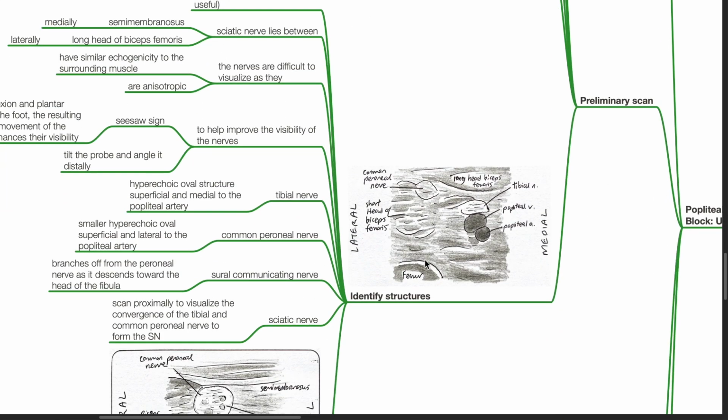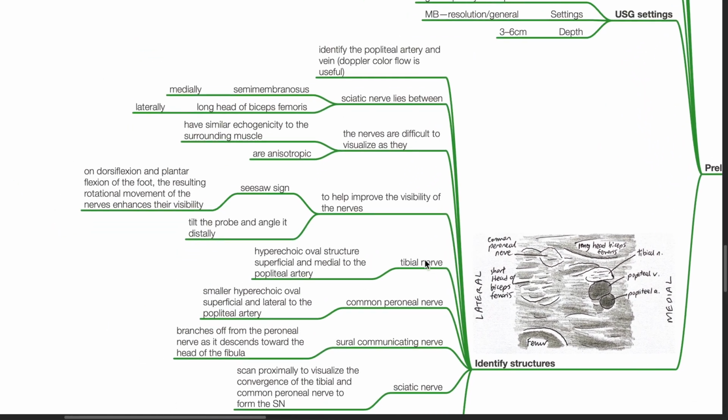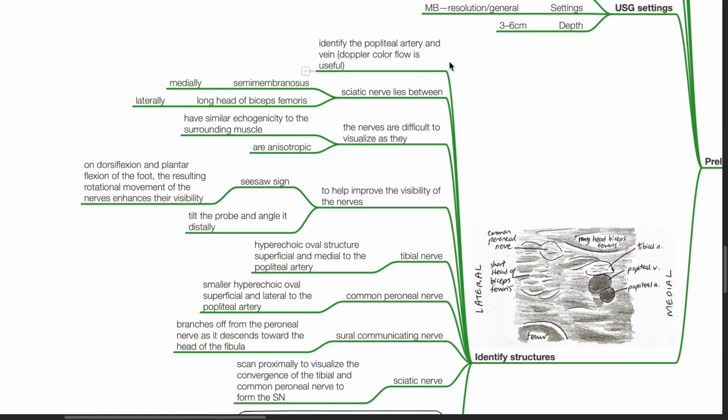Identify structures. Identify the popliteal artery and vein. Doppler color flow is useful. The sciatic nerve lies between the semimembranosus medially and long head of biceps femoris laterally. The nerves are difficult to visualize as they have similar echogenicity to the surrounding muscle and are